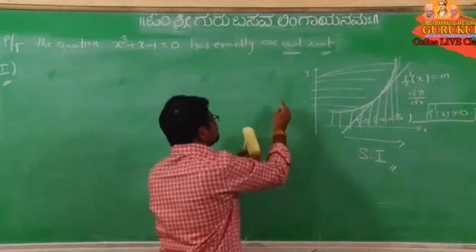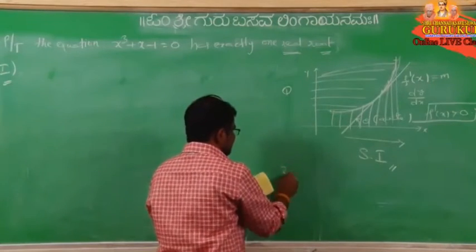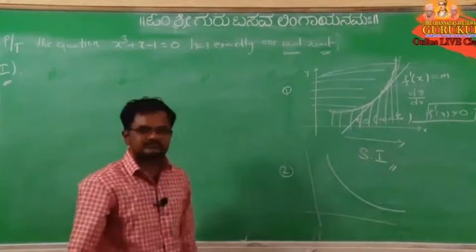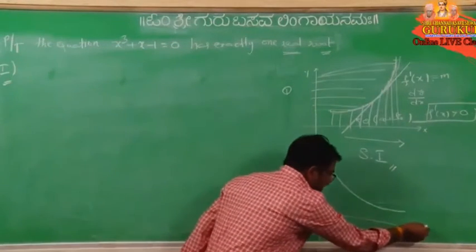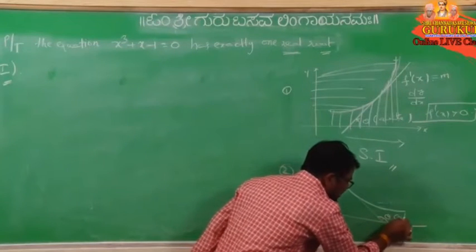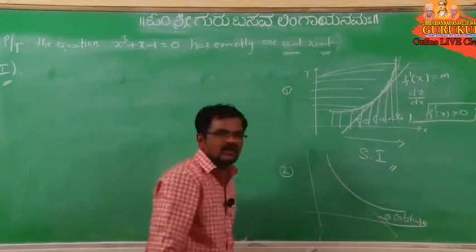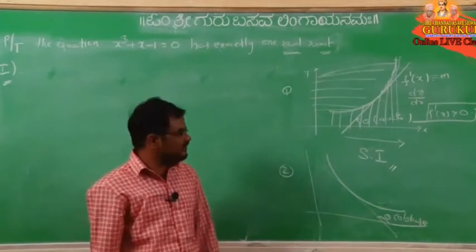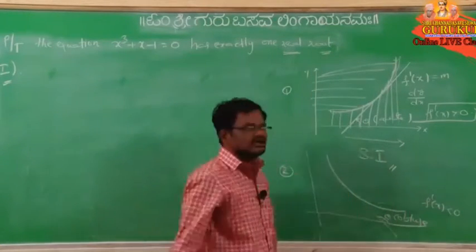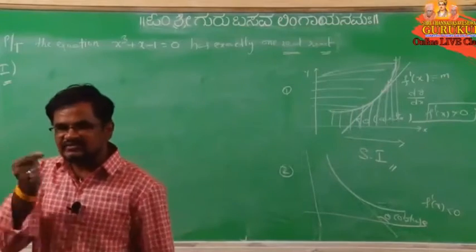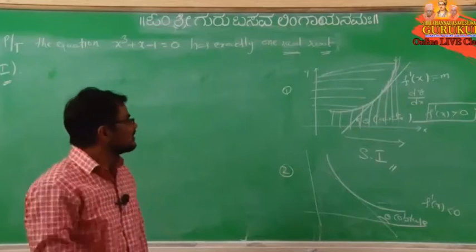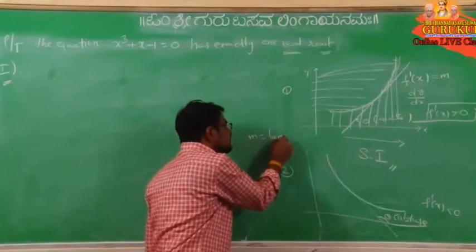This is the first one, and here I will write the second one. Same, if you take a curve like this and draw the tangent like this, here theta, is it acute or obtuse? Obtuse angle. We know that a line which makes an angle theta with the positive direction of the x axis has slope m equal to tan theta.